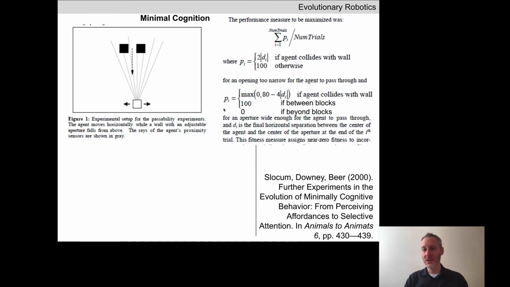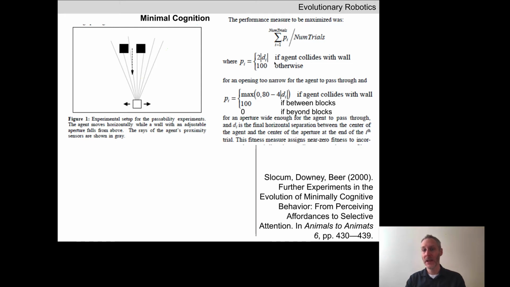There are two equations for P sub I. We're going to use the first one if the opening is too narrow. So what happens if we drop an object pair where the gap is too narrow for the agent to get between? What do we mean by too narrow? The distance between the pair of blocks here is narrower than the width of the agent. Okay, so we can see that P sub I can be set to 100 if the agent does not collide with the wall. So if the agent runs away and the gap is too narrow, we give it maximum points,